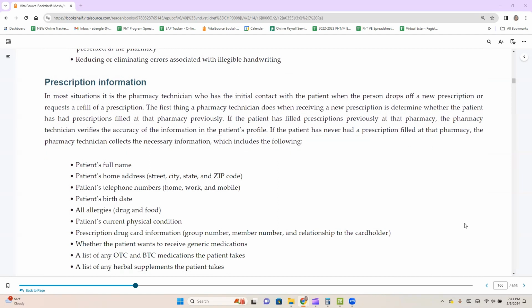In most situations, it is the pharmacy technician who has initial contact with the patient when the prescription is dropped off. The first thing a pharmacy technician does when receiving a new prescription is to determine whether the patient has had prescriptions filled at the pharmacy previously. If the patient has filled prescriptions previously at the pharmacy, the technician verifies the accuracy of the information in the patient's profile. If the patient has never had a prescription filled at the pharmacy, the technician collects the necessary information, which includes the following: